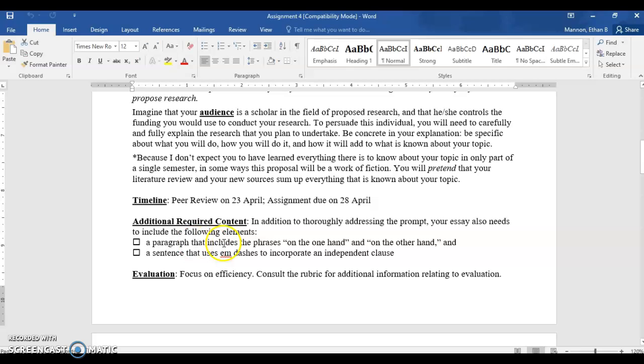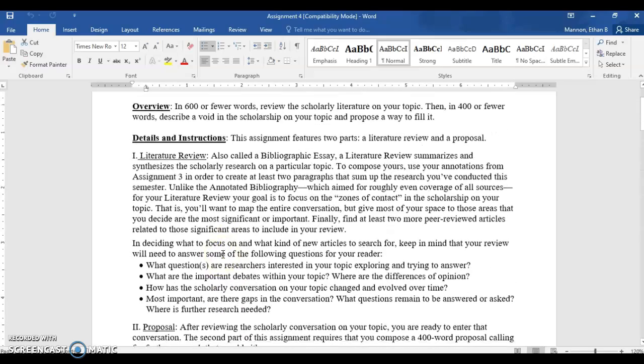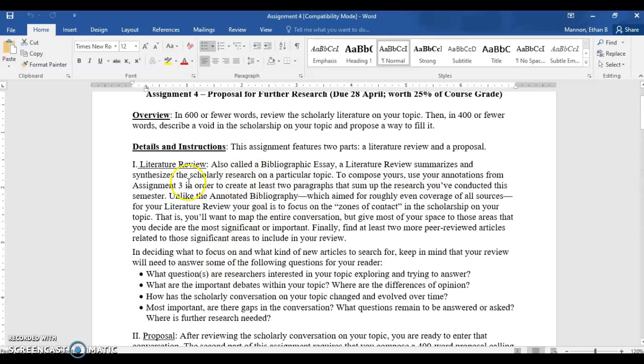In the coming weeks, I will present a PowerPoint presentation on how to use these phrases well in a paragraph. And I think this will work really well in this assignment because pretty much all of you have found two sides on your topic. So it should be pretty easy to work these phrases into a paragraph. And I'll also explain what em-dashes are and how to use them. And you'll be ahead of the game if you notice that this sentence